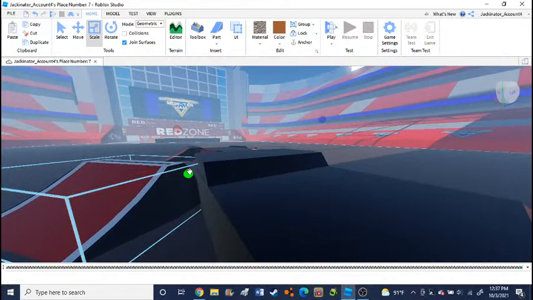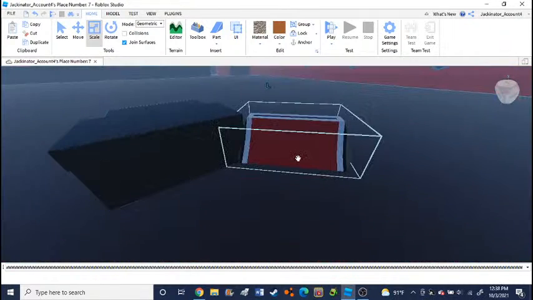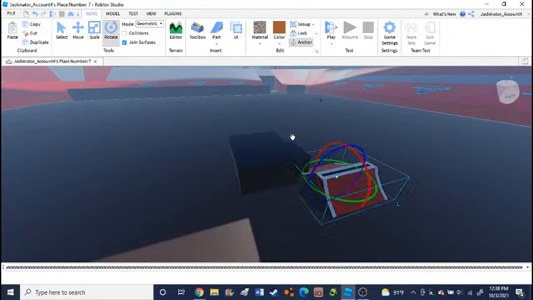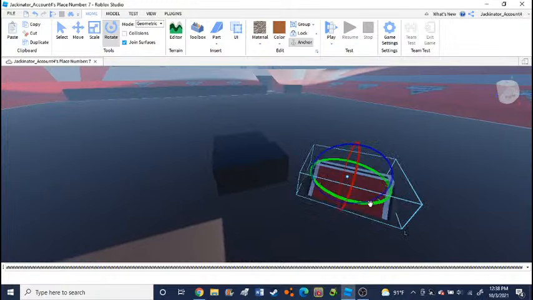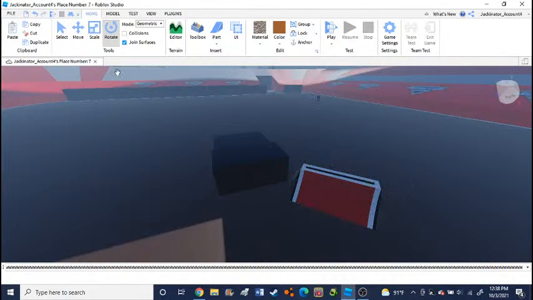Oh, and it's actually supposed to be like a ramp on the other side too, which I did not know. Move this forward, rotate it. That should be good. Yeah, it should be good. Okay. So then we're going to...